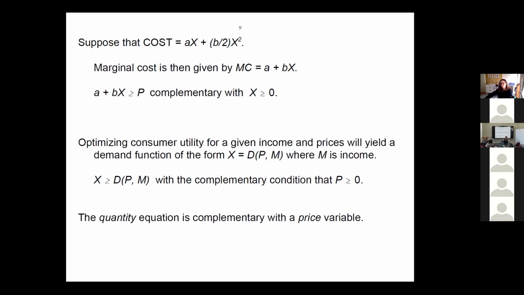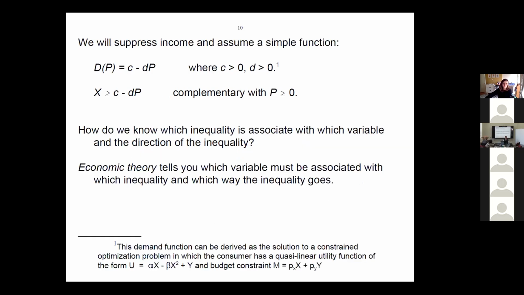So the quantity equation is complementary to price. Okay, I'm going to suppress income in the background. I'm not going to change income, so we just have a demand function. I'm going to assume linear: C is the intercept on the price axis, and minus dp, where C and D are both positive parameters. So the inequality becomes X is greater than or equal to C minus dp, complementary